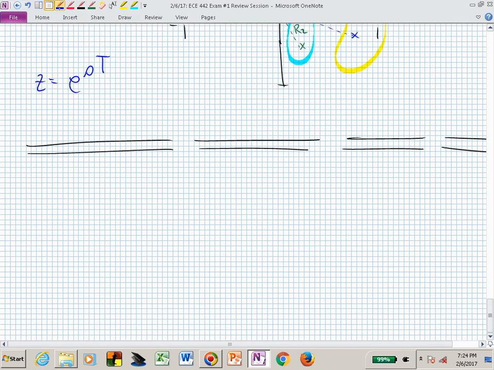Now we're going to speed up but slow down. Does that make any sense? So now let's find a state space representation,